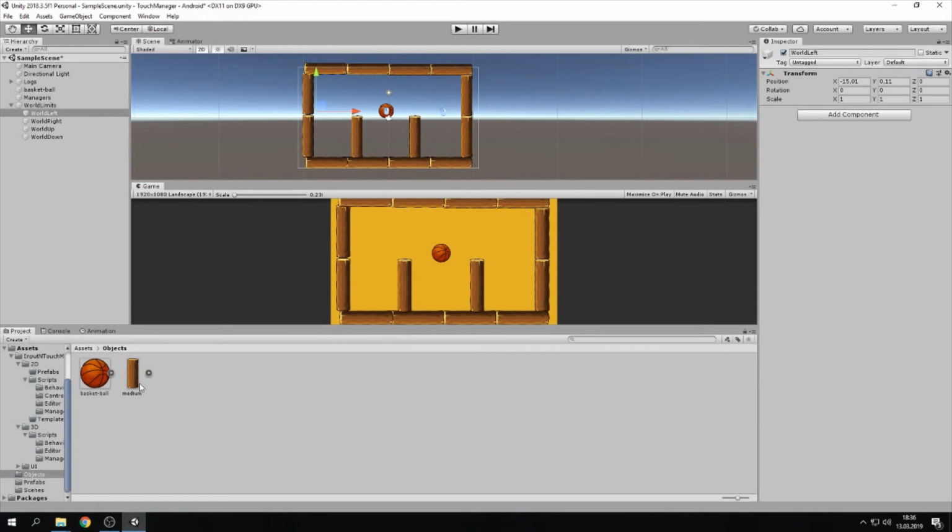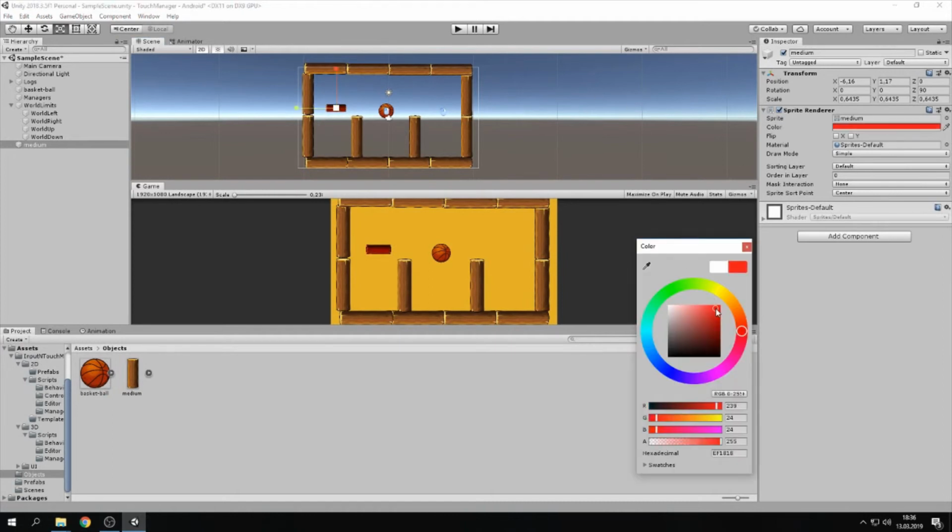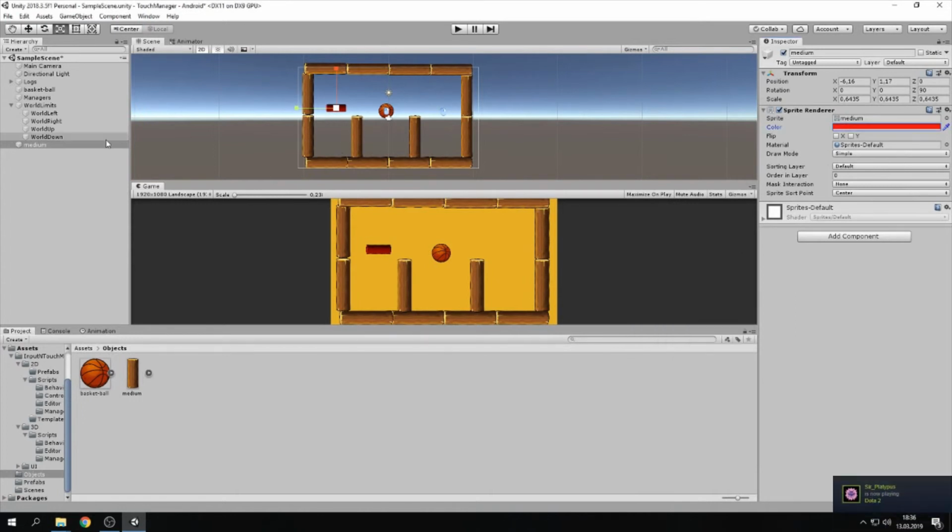Also, let me show you another feature that we can use. Let's put a log over here and rotate it to 90 degrees on Z and make it a little bit smaller. Let's change the color to, I don't know, red, so we can understand it is a draggable. And its components: